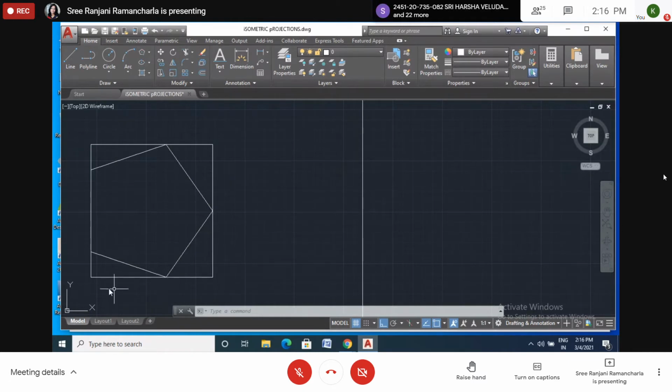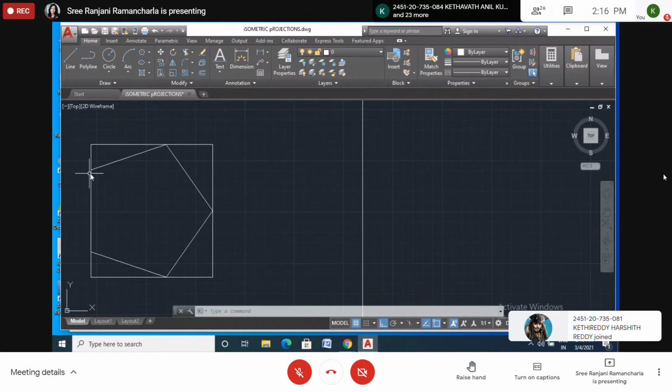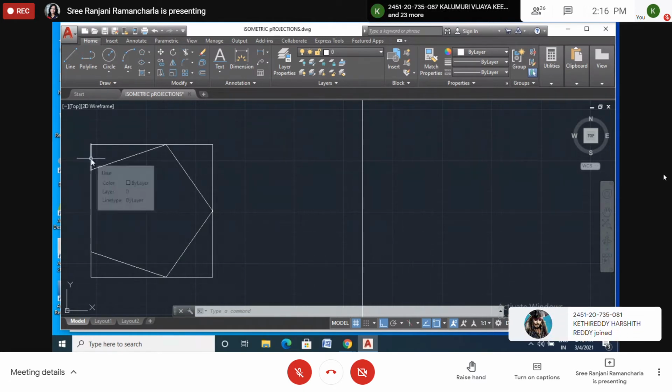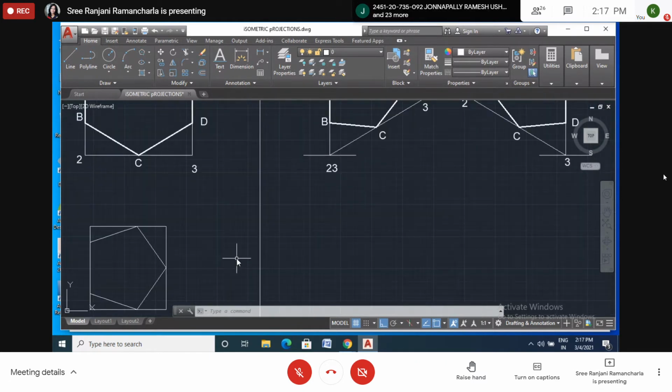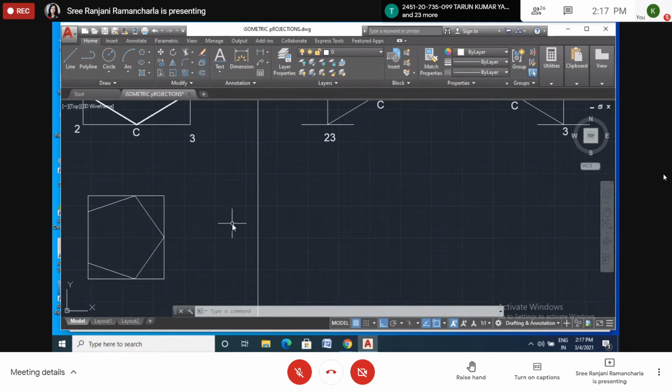So no need to measure this one. Once you measure this one, no need to measure this one. Similarly, this from this corner to this corner and this corner to this corner is the same. So once you measure one side, no need to measure another side. Same here also. Of course, this is the center point of this line. This is the center point of this line. Okay. So I will draw only one. So the remaining you draw. Okay. Remaining all you draw.